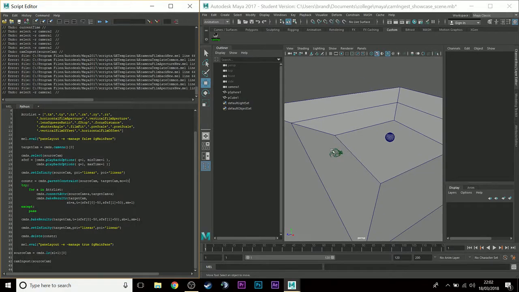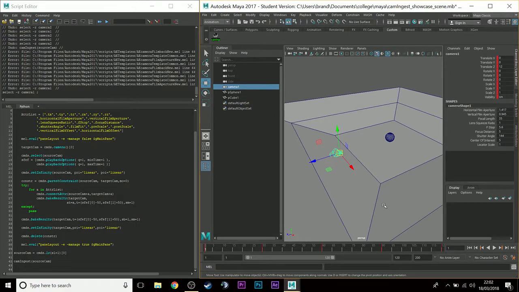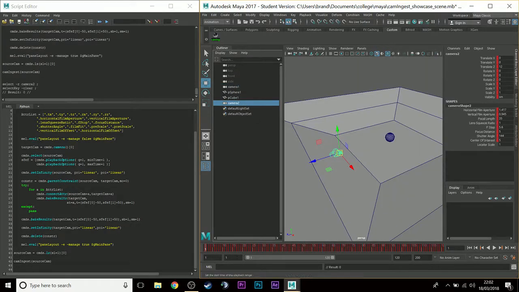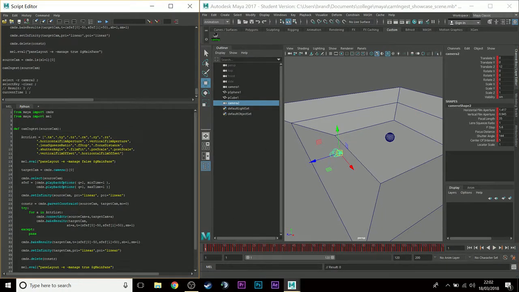I would be told to select the camera that I want as the source camera, and then I would click this button here, which is in a custom shelf that I've created, and it will run through and do the camera ingestion for me. And as you can see there, it's created a camera 2. You can also set this up so that it can assign camera 2 to a given name that we would require. So in this case, if I added another variable of